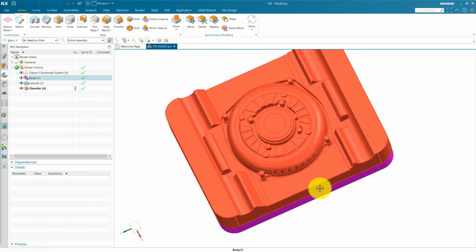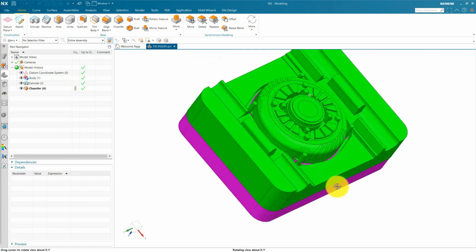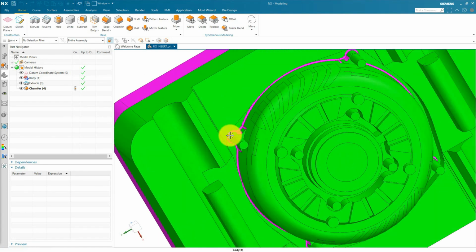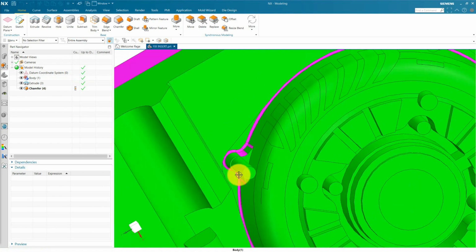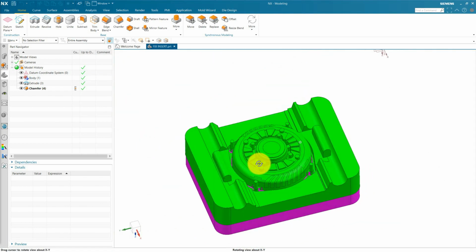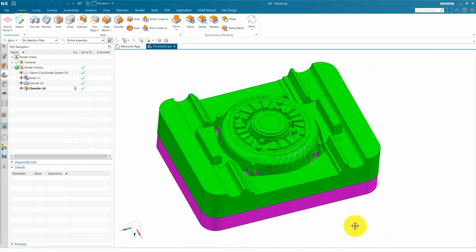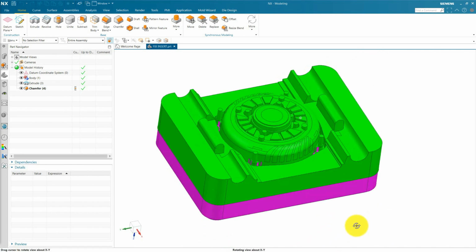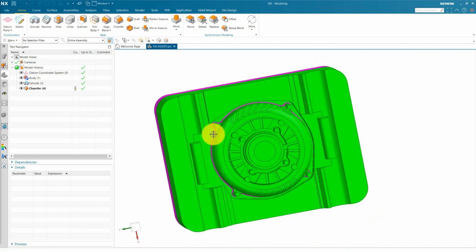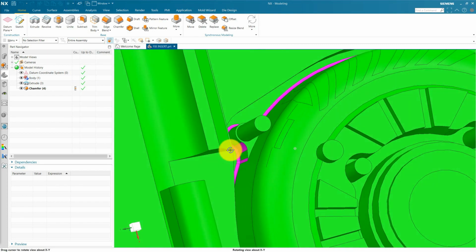In this video, we are going to learn how to create loose insert for any weak area of insert. It is good to provide loose insert for weak area during die design process. Sometimes the insert breaks at some place during production.